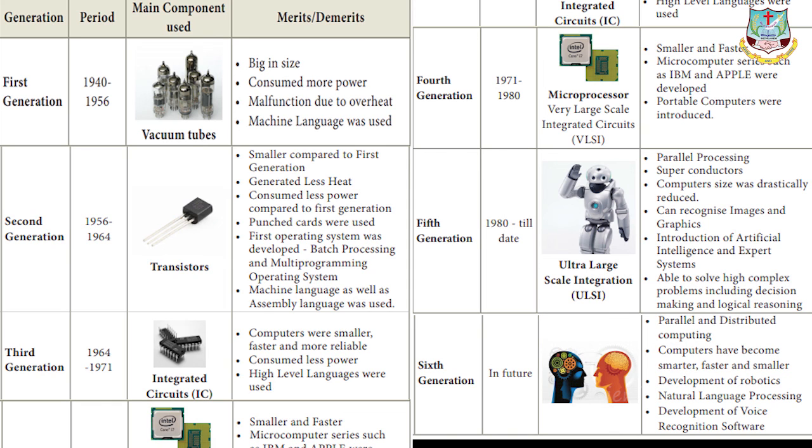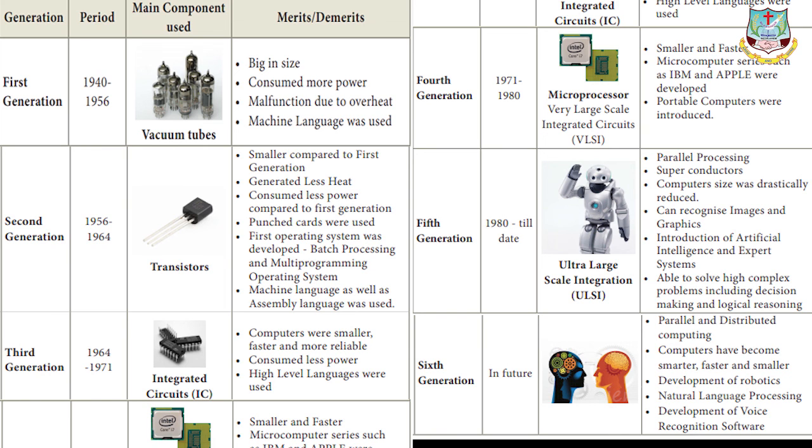So if you are learning this one question, generations of computer, it will be useful for you in all your exams. This will be useful for you to know more about computer also. If you are knowing this, you will be feeling like, oh, this is the start of the computer. From this only the computer was launched. Like that you will get a clear idea. Now you read this portion, generations of computer part, at least 4 or 5 times, so you will be finding easy to learn when you are learning.